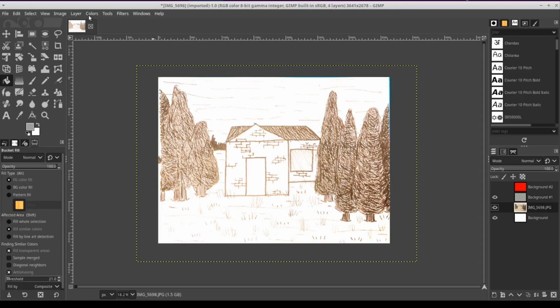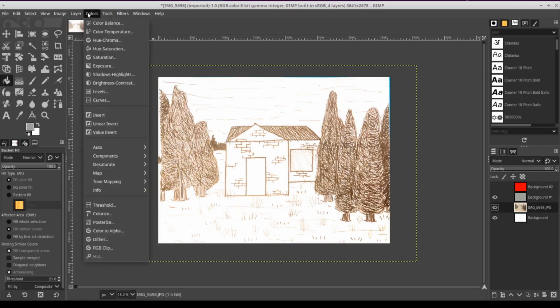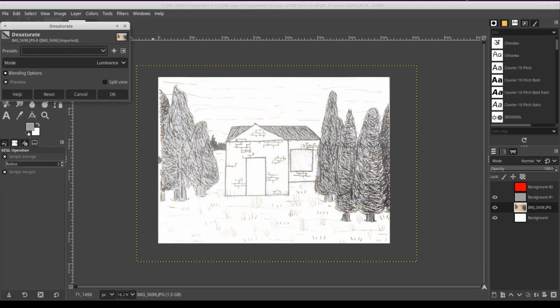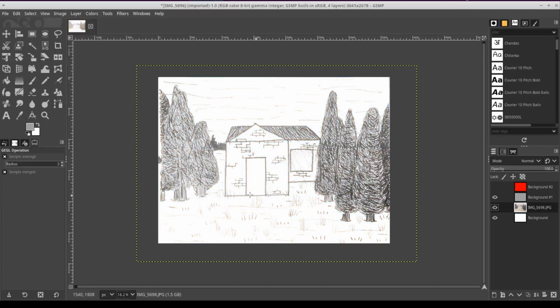And that's because what we need to do is desaturate this picture so that it can be black and white. And this is pretty gray, it's not super great.